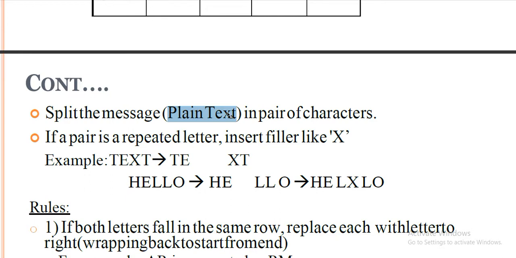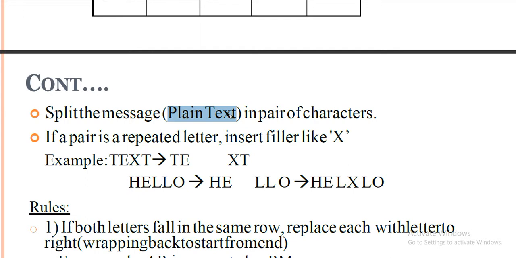So first we need to make pairs. The first point is that two alphabets go together. If two letters are repeated in our pair, then to separate the repeated letters we need to insert a filler like x, and based on that we create the pairs of characters. If the last pair doesn't have two characters, instead of two we have only one, then write down z to make a pair. So keep these three steps in mind.